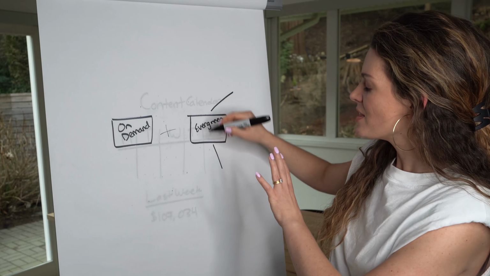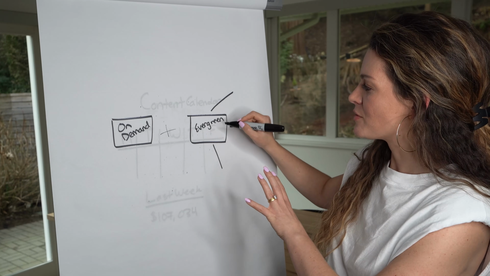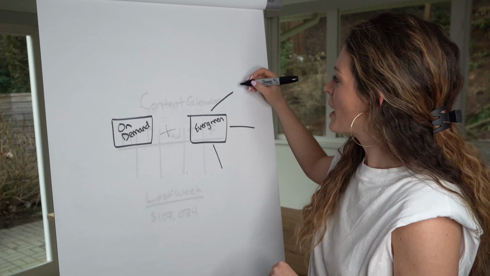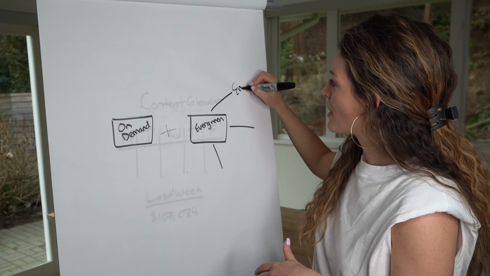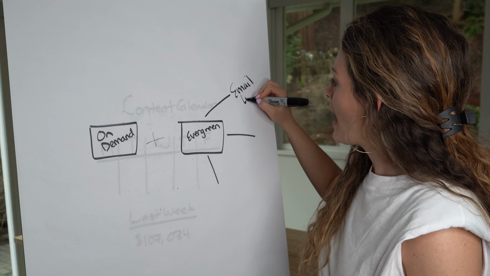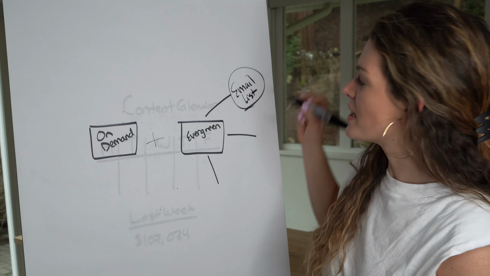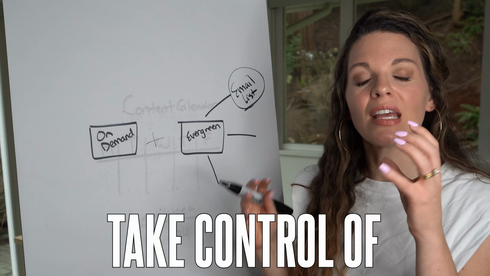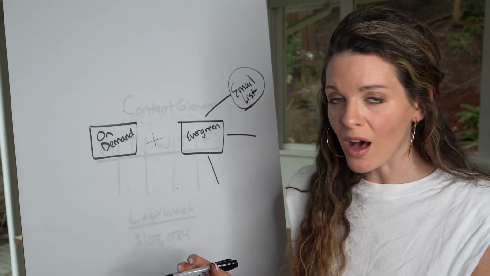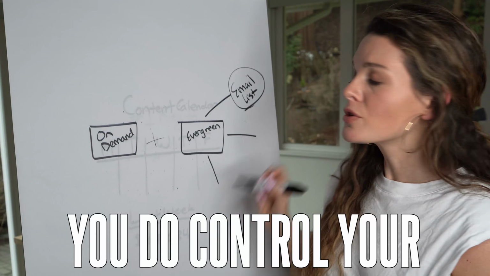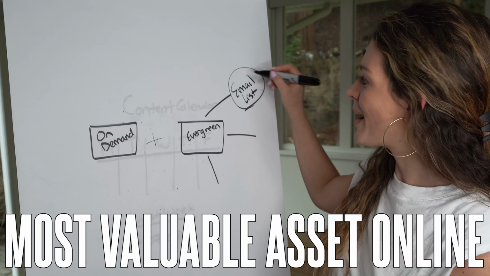So the sunny system from your evergreen traffic from a source like, let's say, YouTube, it allows you to grow your audience on other places. So this is building my email list in my sleep. And I talked about the importance of this because building your email list allows you to take control of your audience, because algorithms change. You are not in control of any algorithm. You are not the boss of it, but you do control your email list. So this is your most valuable asset online.